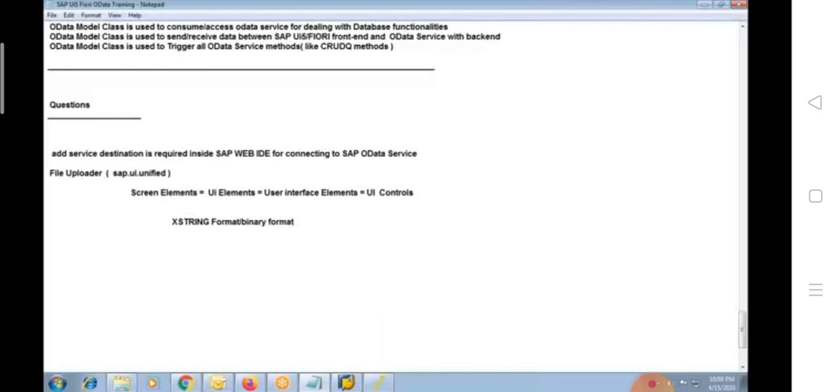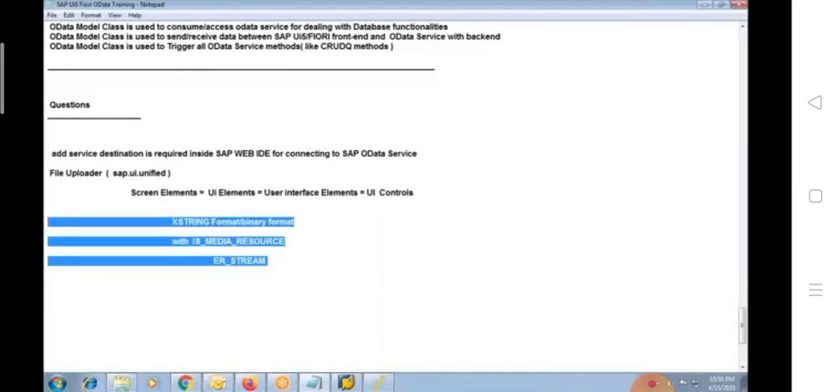Whatever Adobe form you have, you take that entire Adobe form or a smart form and put it into a string or a binary format, and with the media resource, and there is something like the stream. So the stream will be helpful for downloading that Adobe form or a PDF file in the front end.